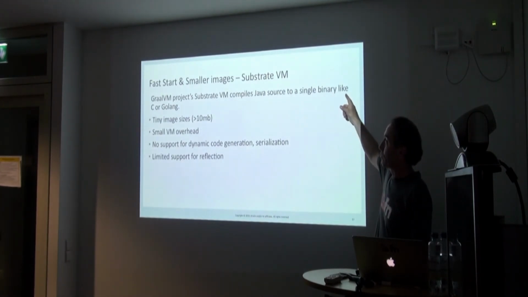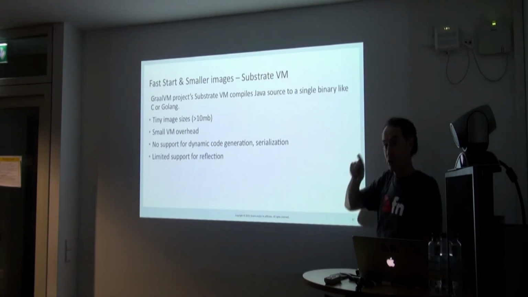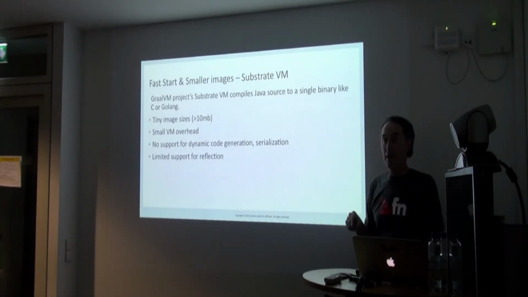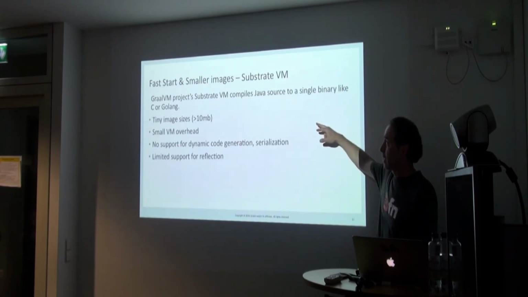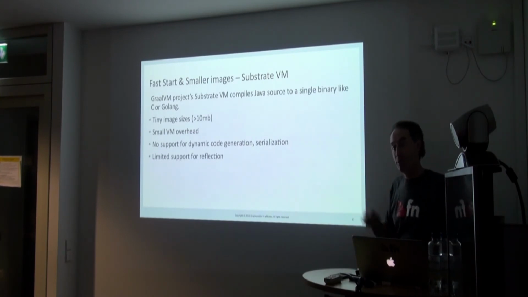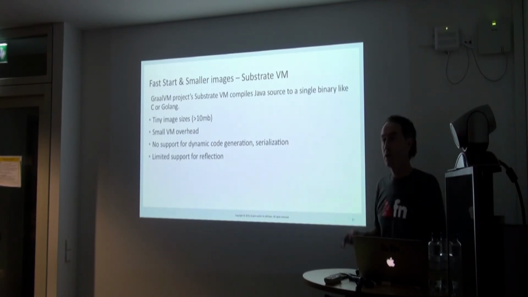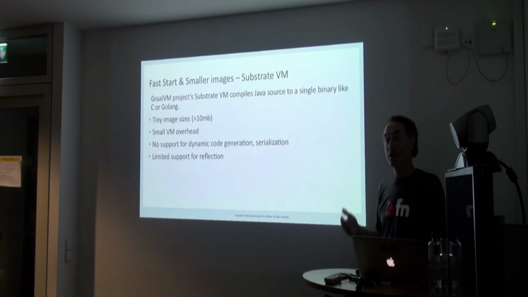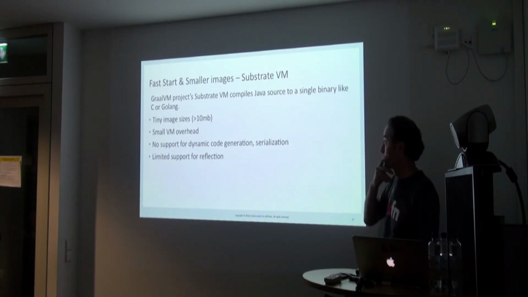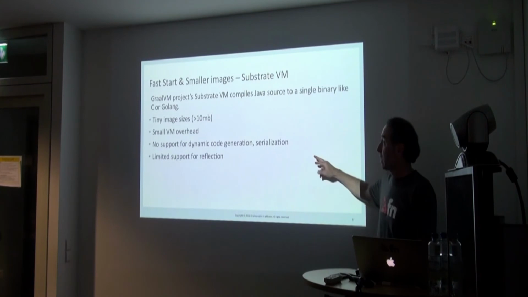With GraalVM and Substrate VM, you can compile your Java app to a single executable. It starts to look just like a Go application, which is a binary and a garbage collector together, just native machine code for a given platform. There's no HotSpot anymore. It has a smaller runtime overhead because it doesn't have incremental compilers running, which means you don't have any of the caches. There are tens and even hundreds of megs of cache used by HotSpot that are not used by such a VM.